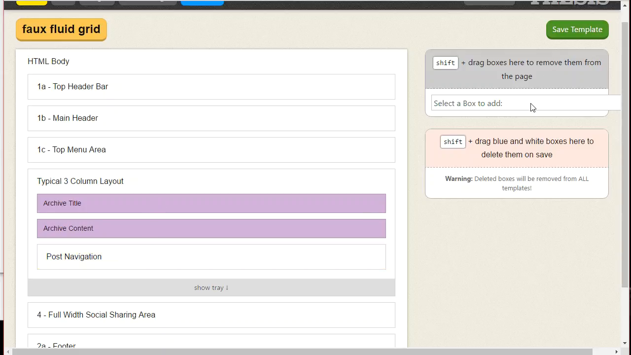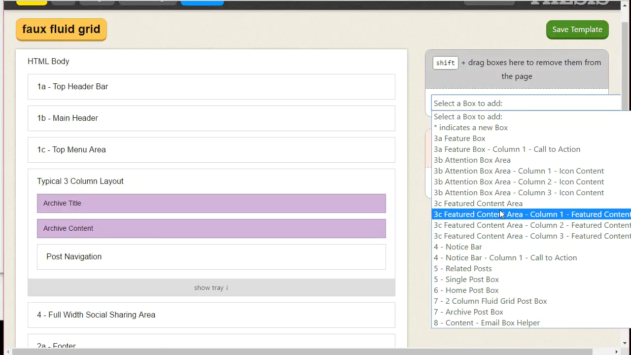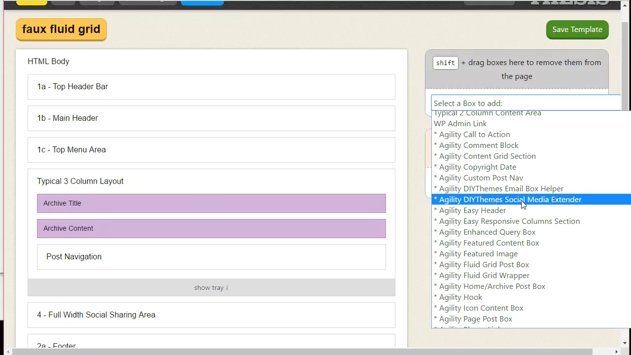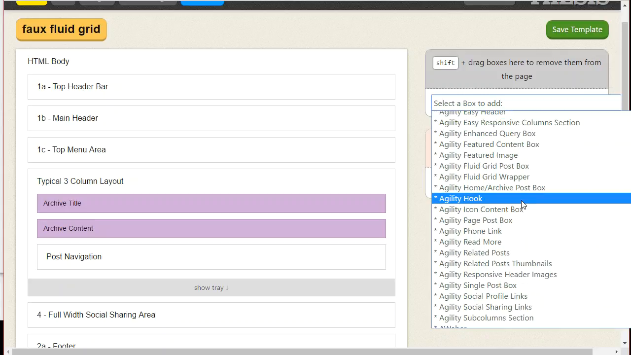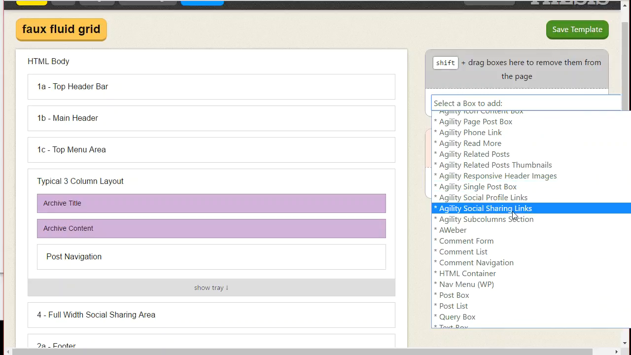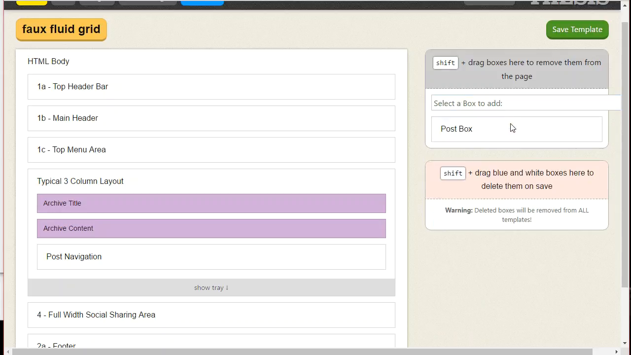Now what we need to do is create a new post box. Agility comes with some pre-configured post boxes, but we are not going to use any of those because their automatic styles get in the way of what we want to do. So we're going to use the generic Thesis post box. The generic Thesis post box in Agility does have a bunch of extra tools in it anyway, but we'll use the generic post box, and we're going to call this